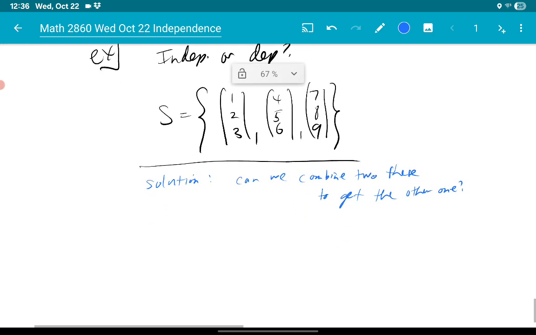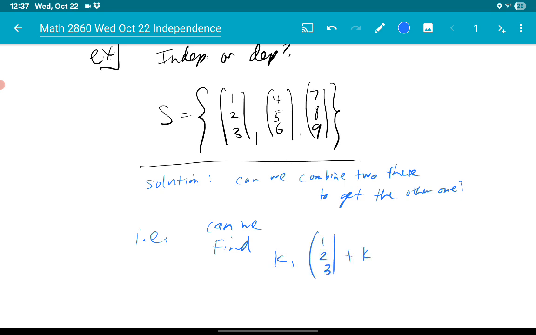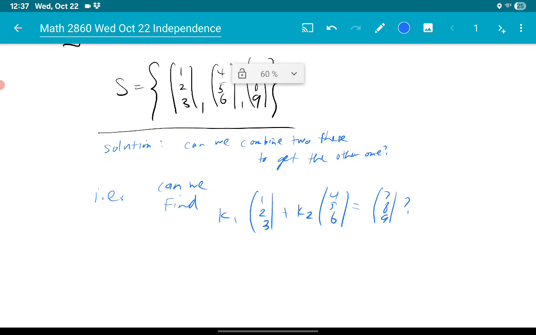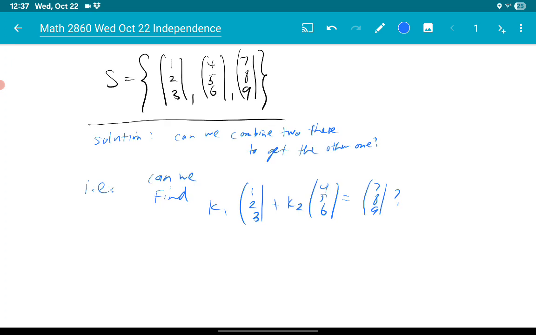So it turns out we can make use of a system of equations. Another way to ask the question is, can we find K1 times 1, 2, 3 plus K2 times 4, 5, 6 equals 7, 8, 9? So that's what we're asking. You might recognize this. This is one of the ways that we write